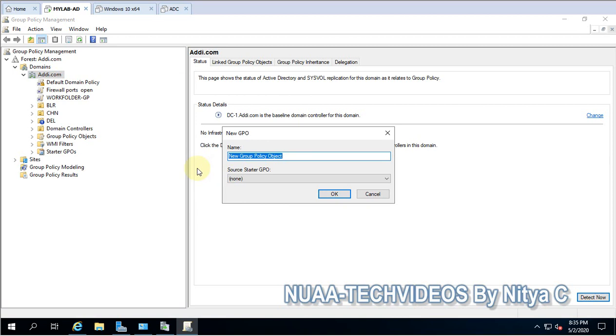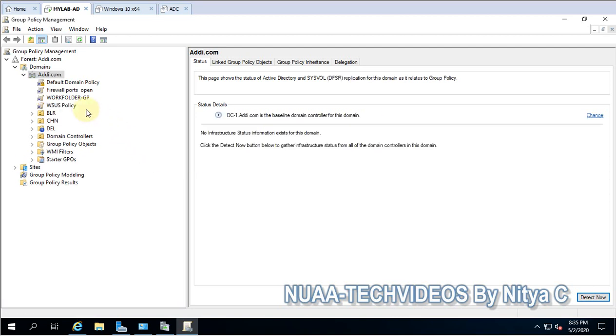But if you have any specific OU for the servers, you can link that policy to that particular OU. You don't need to configure that to the domain. Okay, WSUS update, WSUS policy.